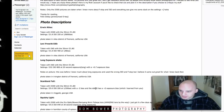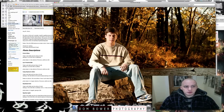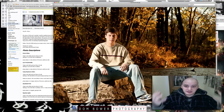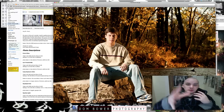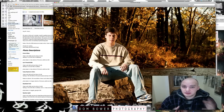Okay, cool. Brilliant. Taken somewhere in America. Okay, so correct. You've done it right. The -2 exposure bias has given the background a nice oversaturated and lower tone to it completely. If we hadn't changed anything on the flash, then he would also be dark. He would have still had flash on him, but it wouldn't have been as bright and given the good